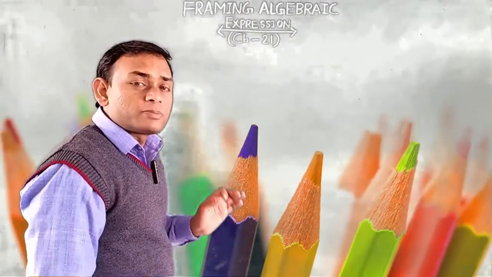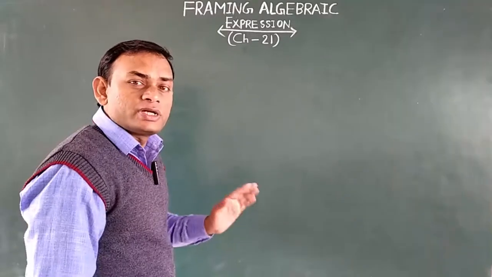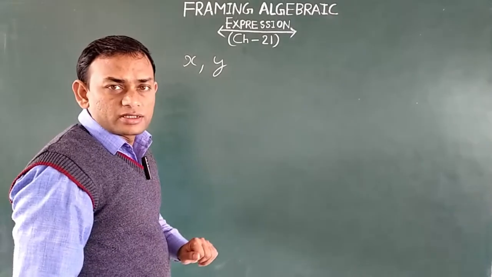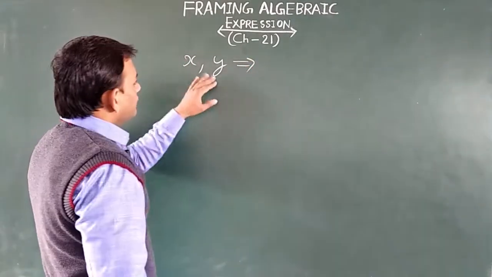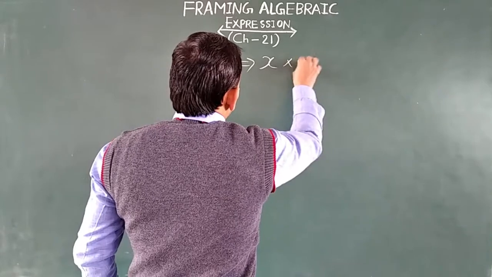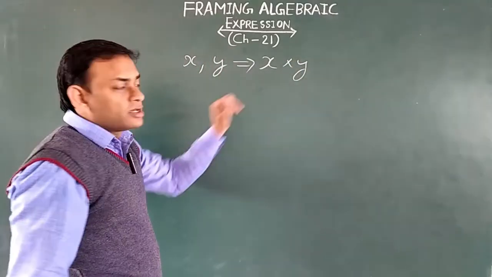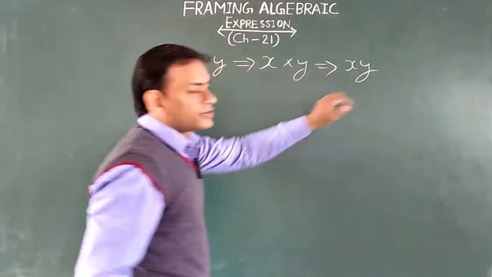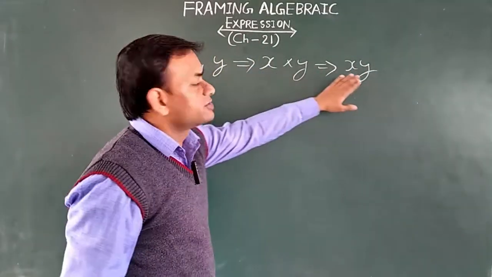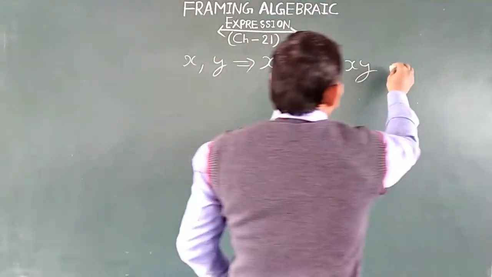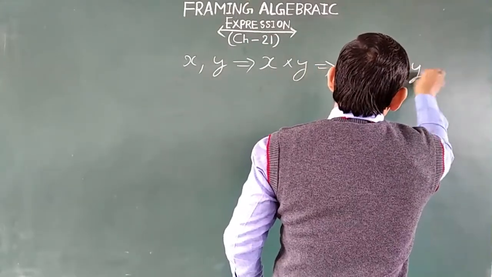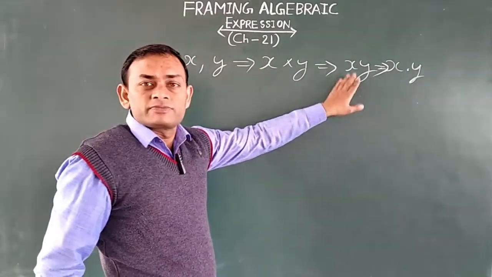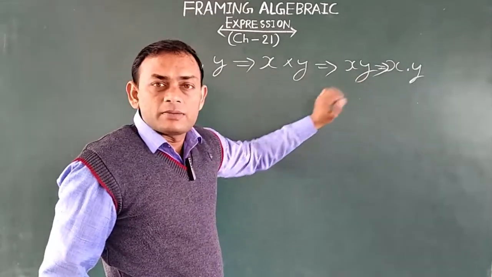Here I am going to tell you about the product of variables and constants. Suppose two variables x and y are there. How do you find the product of x and y? Definitely you will write xy, and it is right. In algebra we write x into y as xy. Here the multiplication sign is understood. It can be written like x dot y also. Both are correct, but generally you will see xy in the book.